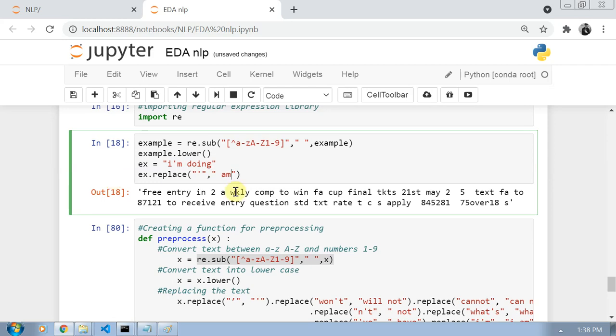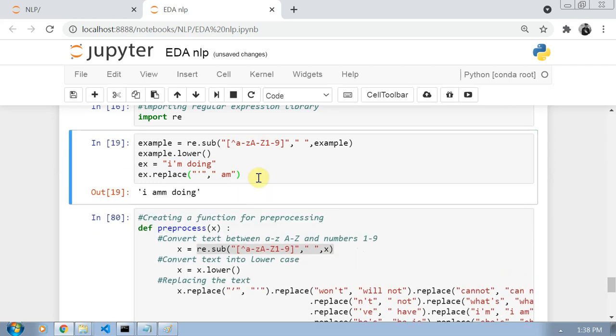If I execute this, you can see it is replaced by "I am doing". So we can use this replace function to convert these types of strings into a normal form.